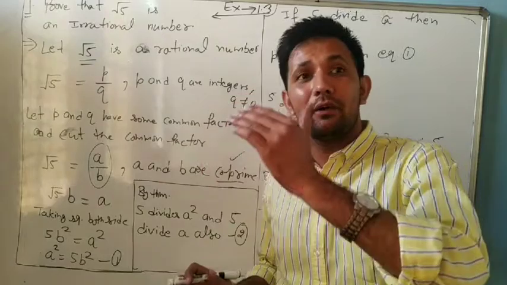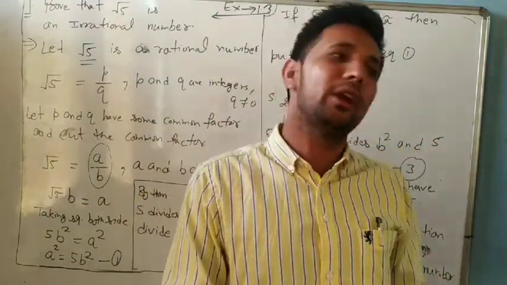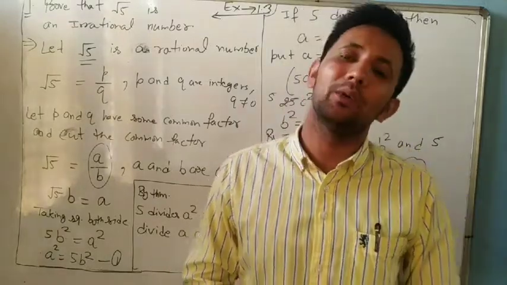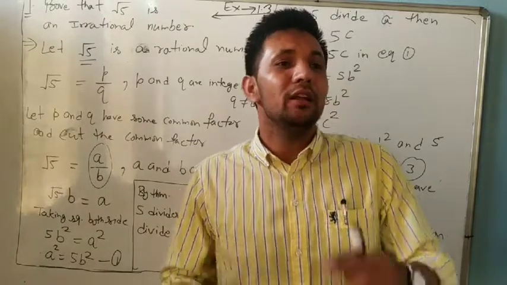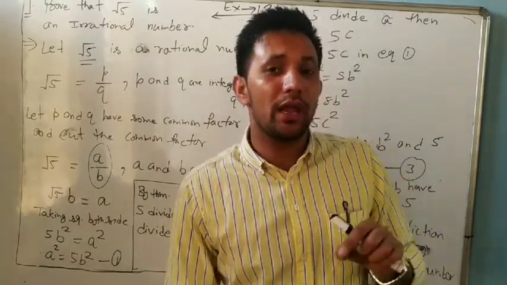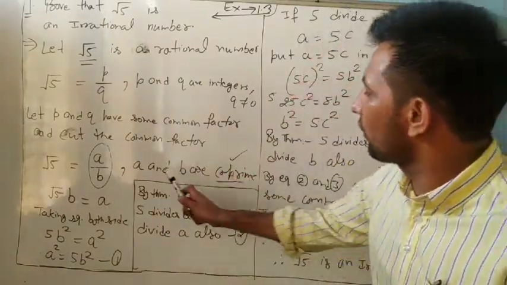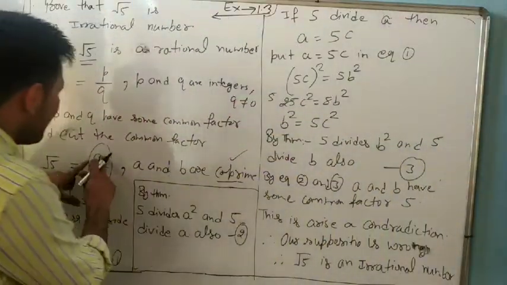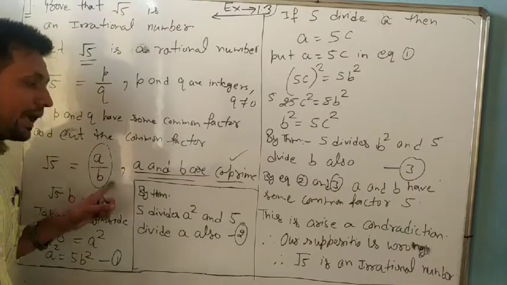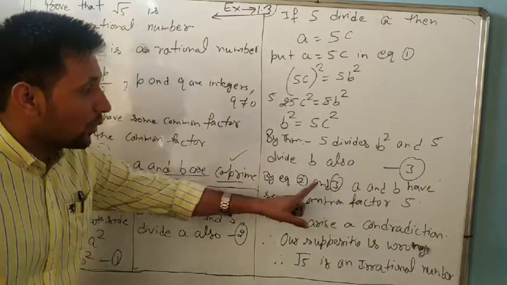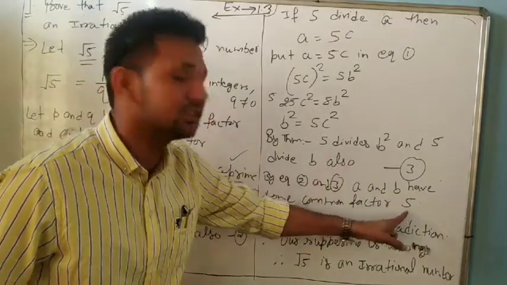But after 1 hour when you reach Shillong, you observe that we have already reached Shillong, but we wanted to go to Joy. So what is the meaning? It means the path where we have come is wrong. Understand? Same as it is contradiction. Contradiction means here A and B are co-prime. We already said that A and B are co-prime. In the last we already proved that A and B have some common factor. What is it? It is 5.